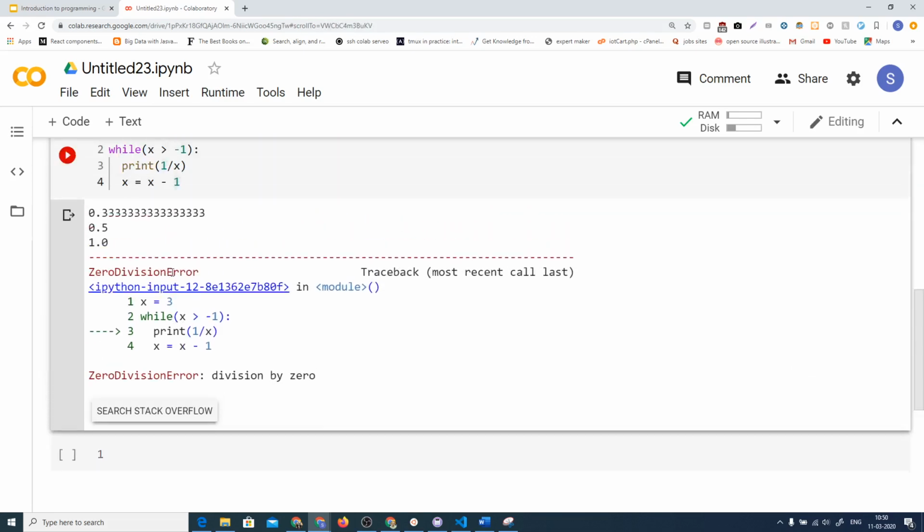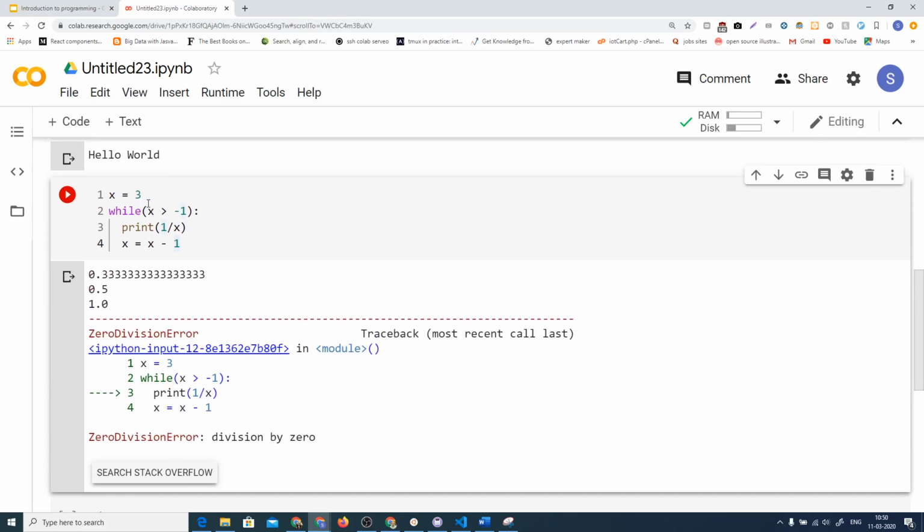So why is this happening? Because I reduce x by 1 each time, so 3, 2, 1 and then it goes to 0. But this error was encountered after the program actually ran and printed these statements. So after partially running the program, it ran into this zero division error. So this is an example of a